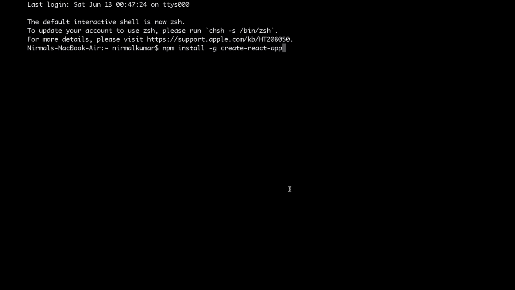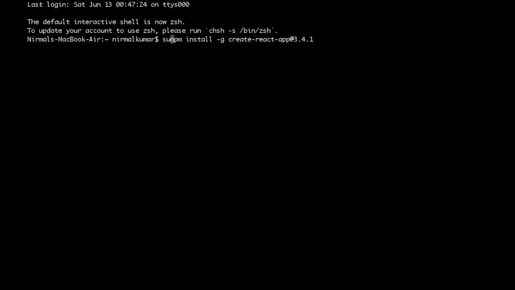I want you to install the exact same version I am going to use in this course, because in the future there might be breaking changes and you might get confused if what you see is different from what I am going to show you. So here, version 3.4.1. If you are on Mac and you haven't configured permissions properly, you need to put sudo in front of the